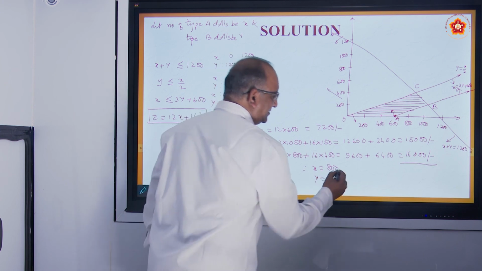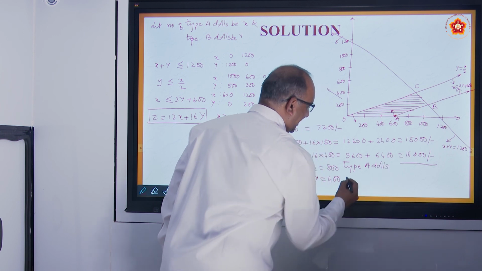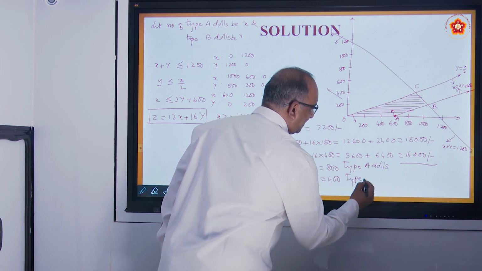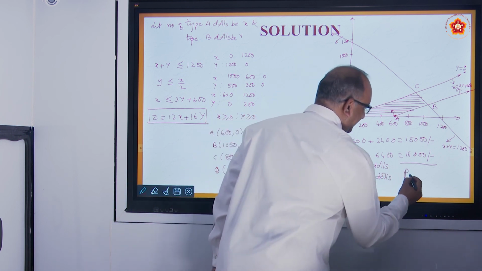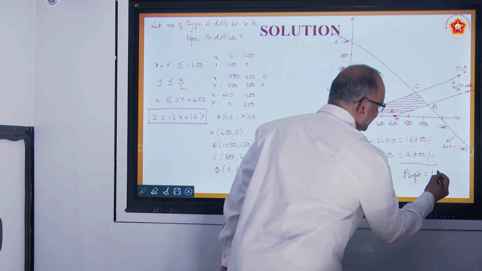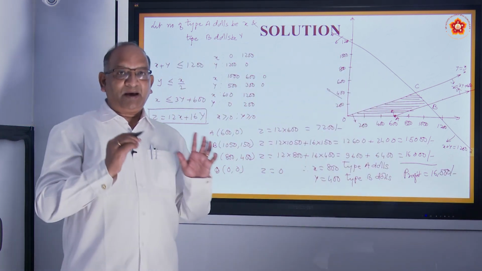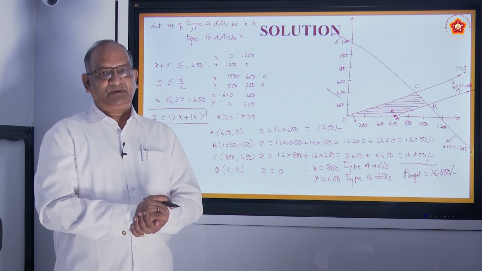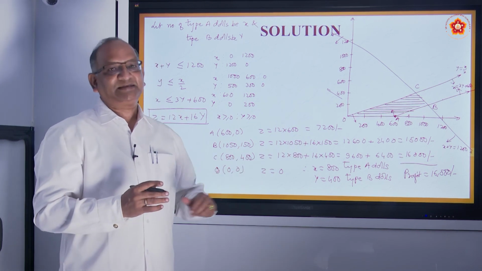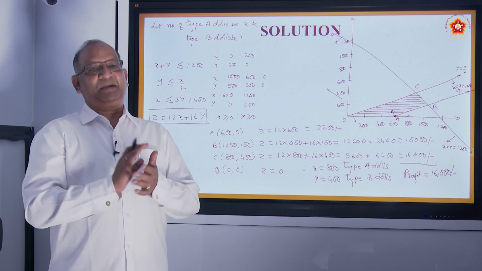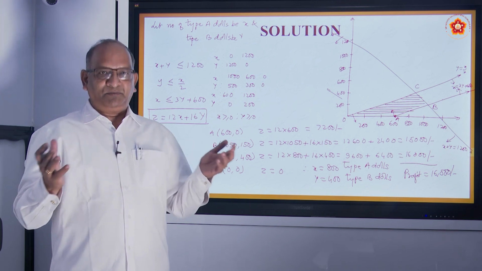What is this 800? These are type A dolls and these are type B dolls, and the profit is 16,000 rupees. The company should produce per week 800 of first type, 400 of second type in order to maximize the profit, which is 16,000 rupees. So, in this particular manner, we solve the problems of linear programming,